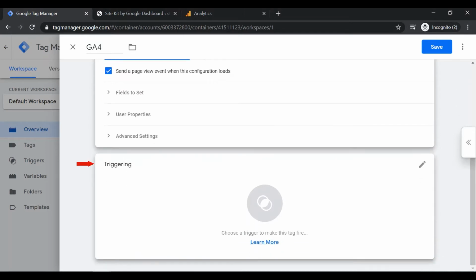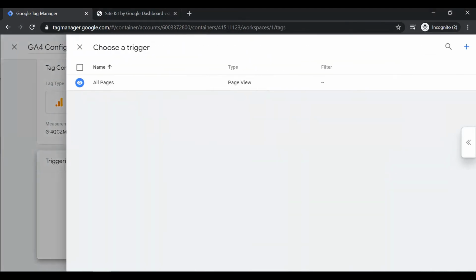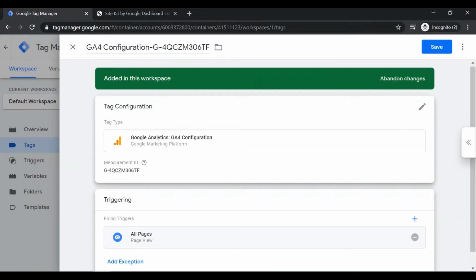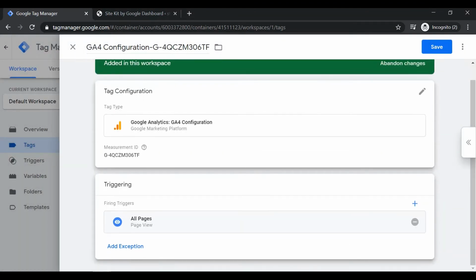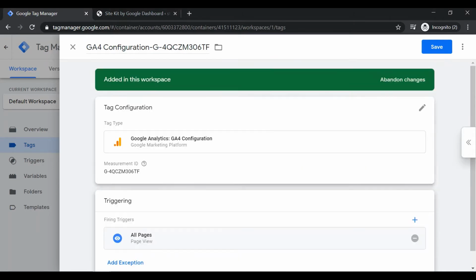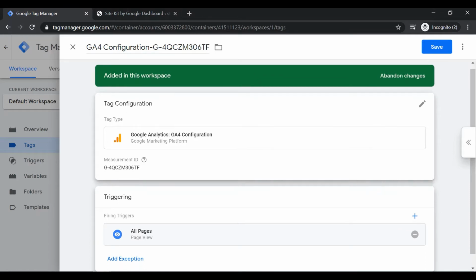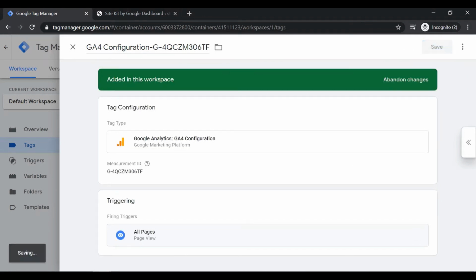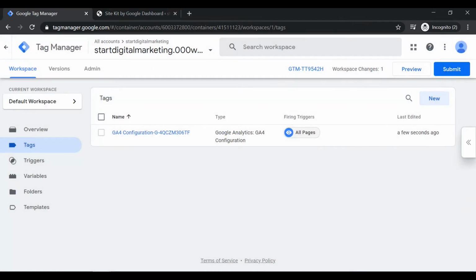We need to select a trigger for our tag. Select All Pages trigger. This will fire the Google Analytics 4 tag on all of the pages on our website. This means we can report all of the pages people see when they visit our website. Save the tag.